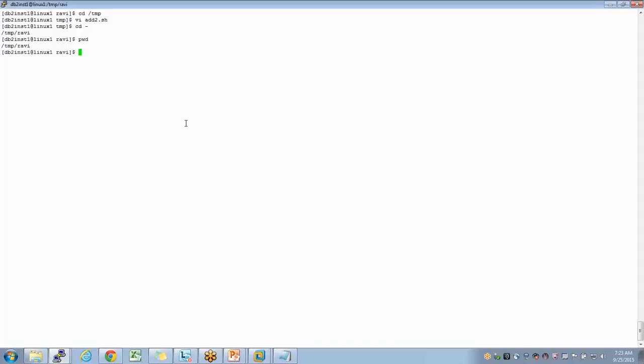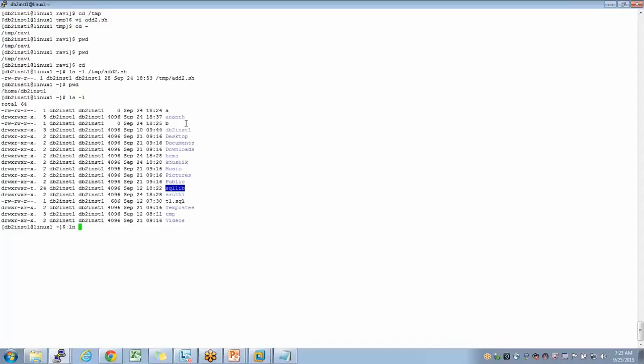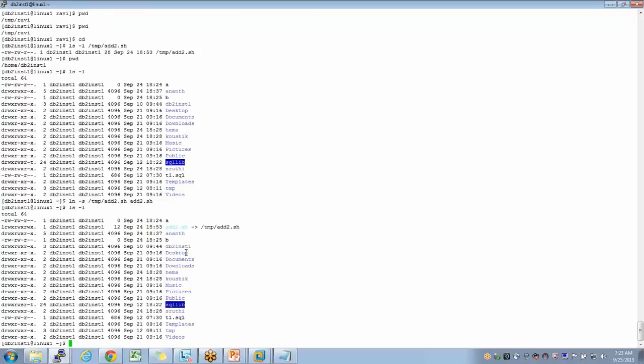Then if I create ln -s temp/add2.sh as add2.sh here, there is a symbolic link.